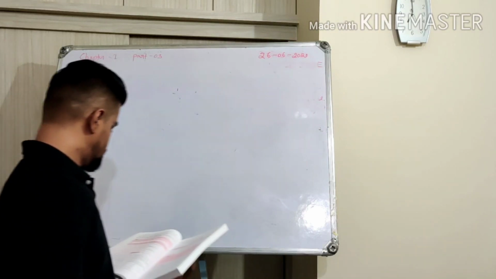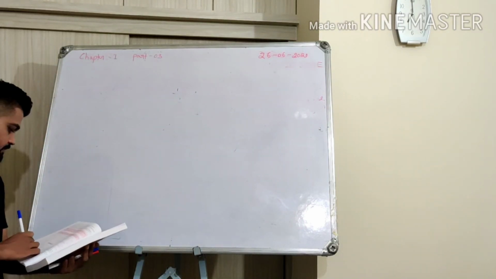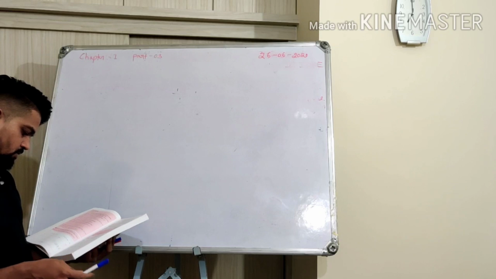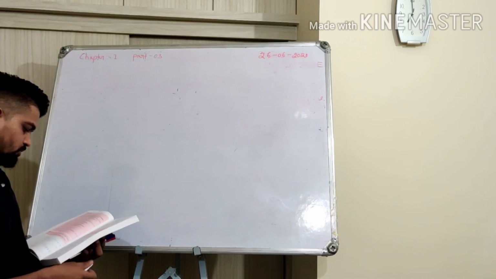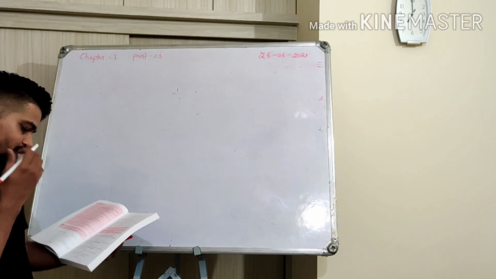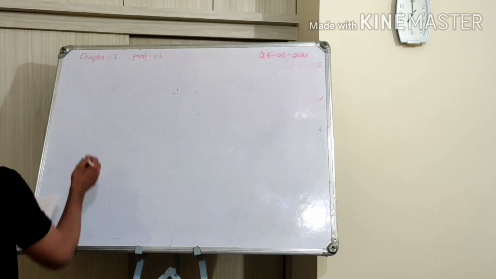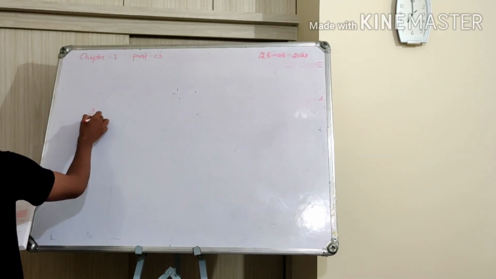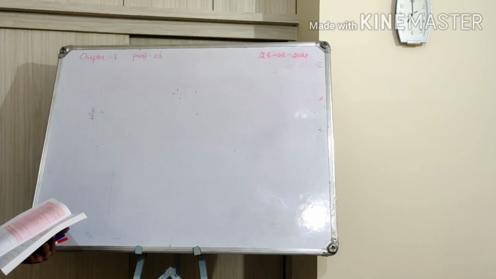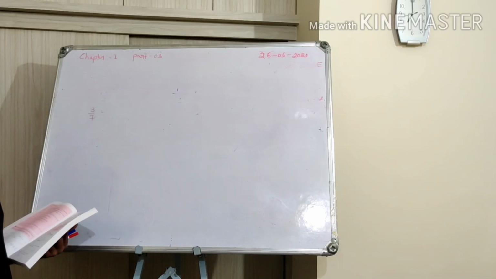So I have a book here. There is an example given along with the solutions. There are some more examples to find whether the given rational numbers are terminating or not terminating. So for example, 3 by 7. Now can you tell me it is a terminating decimal or non-terminating decimal?